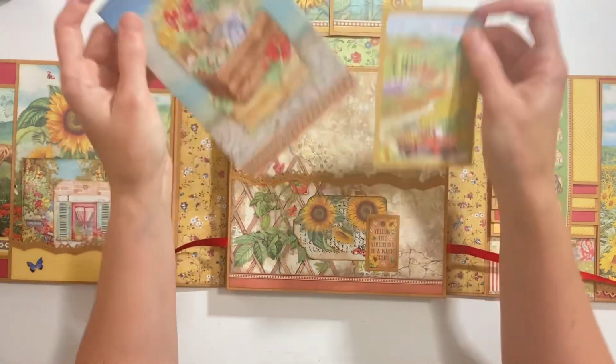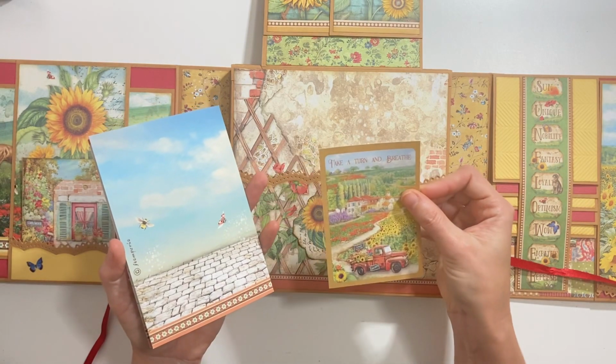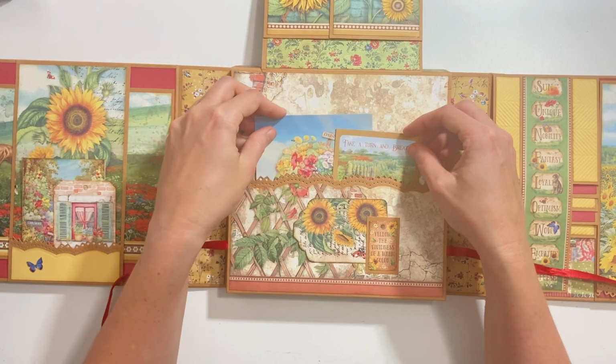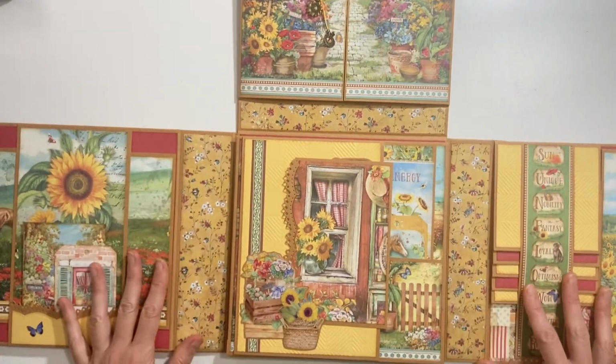And in this pocket, I have one of the cards from that card pack and a cut apart card. Again, there is plenty of room here that more will fit. You could make your own photo mats to put in here too. This page flips up, so now we have